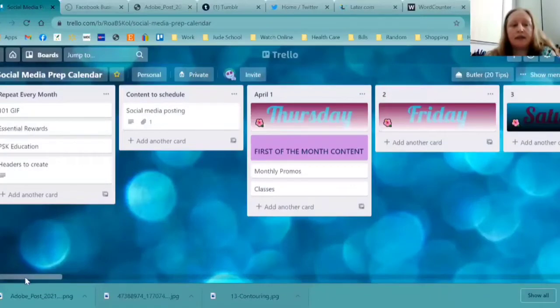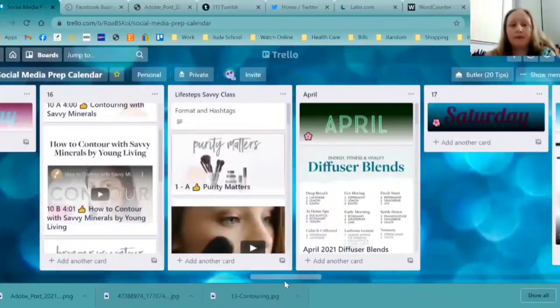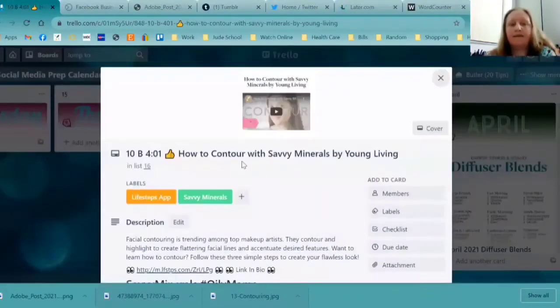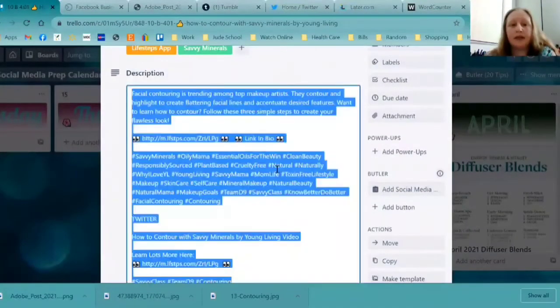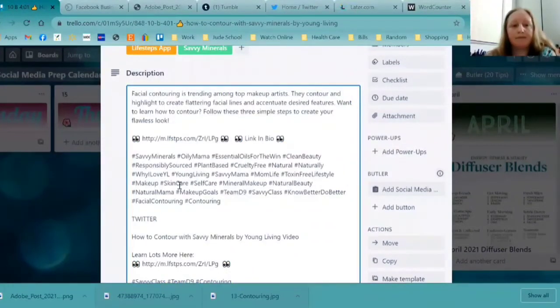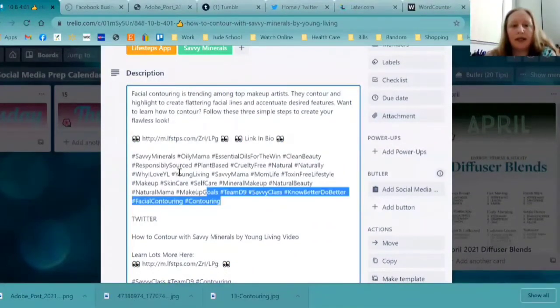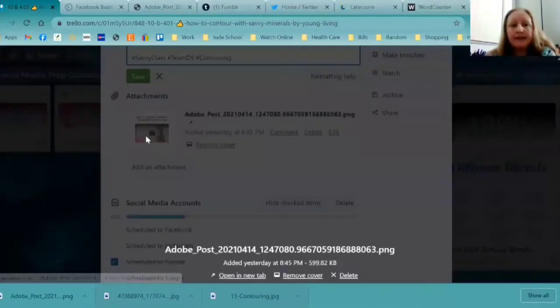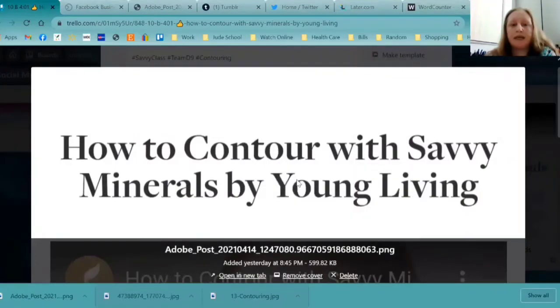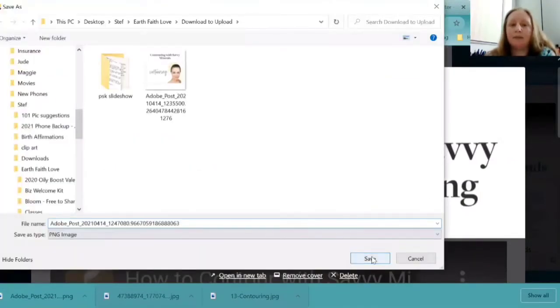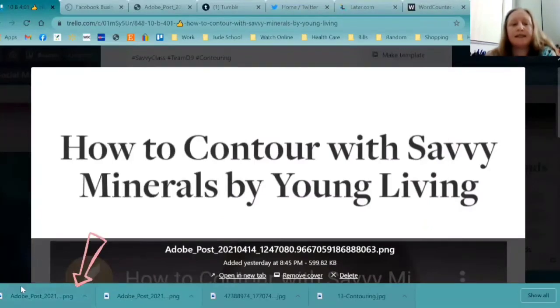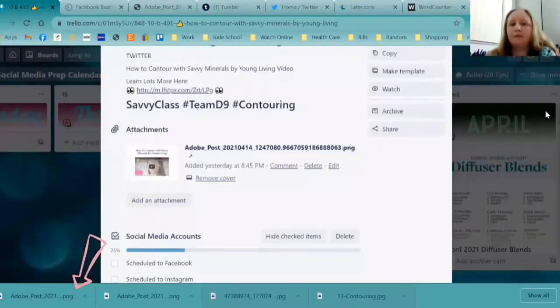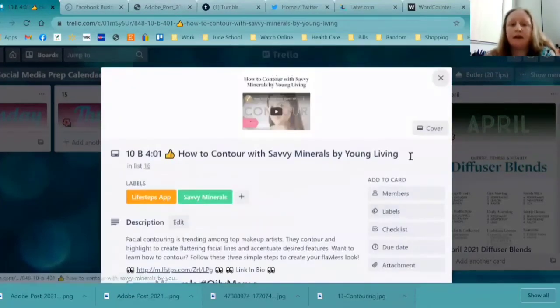And then, so let's go through here. Now I have a couple of other ways to schedule that I want to show you guys for later.com. So let's copy this, and this is the image I want to use. So I'm going to download again. I download and upload the same image several times because it's the first image here. So it just makes it easier for me to know. And then when I'm done, I go through to the folder and I just delete everything in the upload download folder.